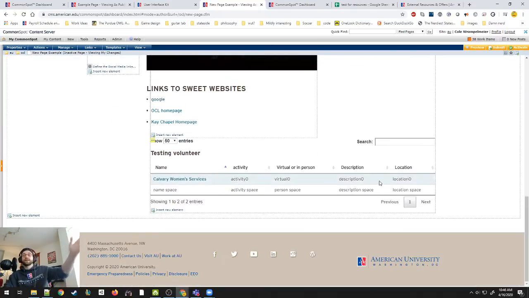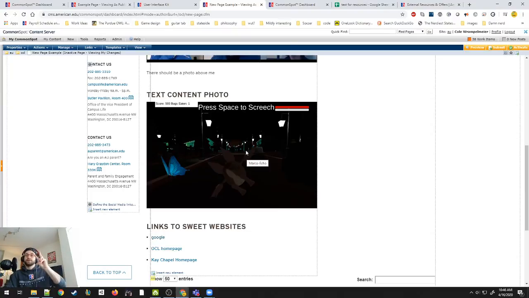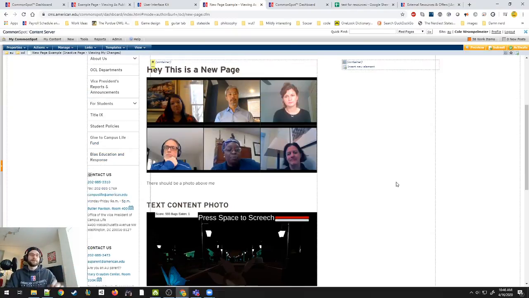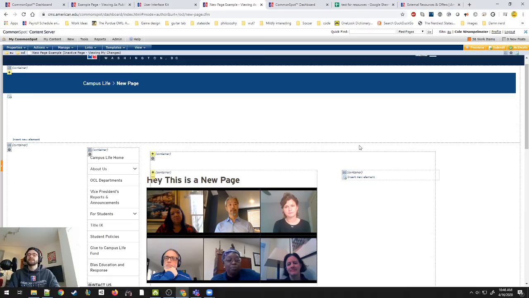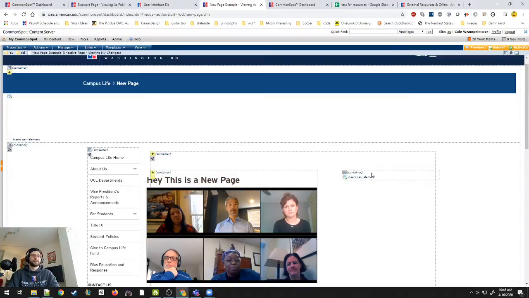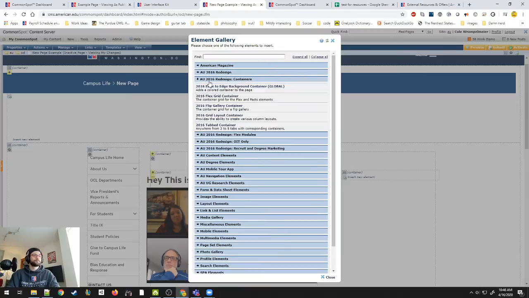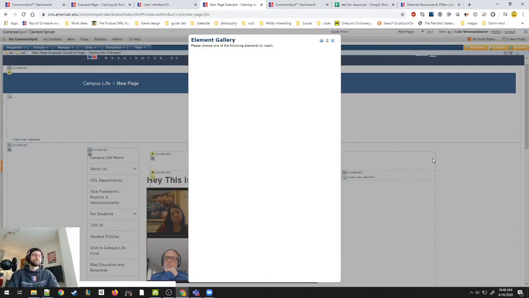Okay, so we've done a text block. We've added text. We've added images in two different ways, and we've added links. Great. So on the right-hand side, let's add one of those promo elements, right? They're so popular. So we go to Insert New Element, and remember, promos are a flex element. So let's go to add a flex grid container.